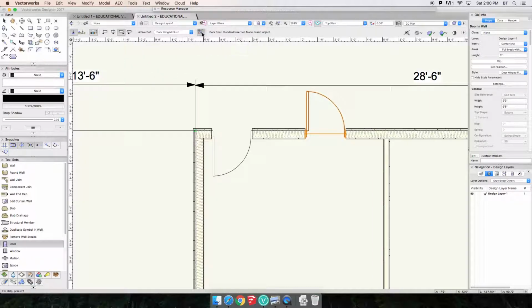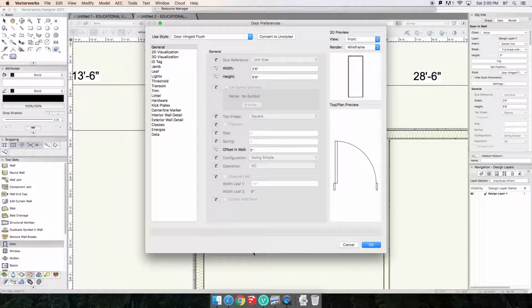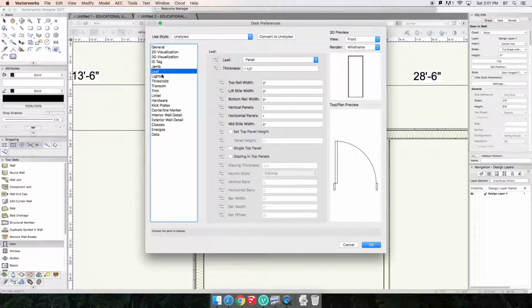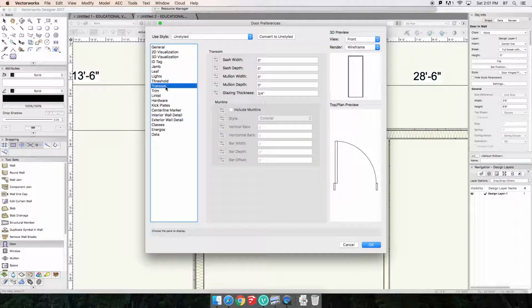Door settings, I'm going to go into my door tool preferences. So sometimes with our doors, there's general settings. I'm going to convert this to an unstyled because then I can make these changes. For instance, here's all our menu options. So I can click on each of these menus. And for instance, here's a transom and I can specify the sash width, depth, mullions, glazing thickness, but it's not going to show up, like say,